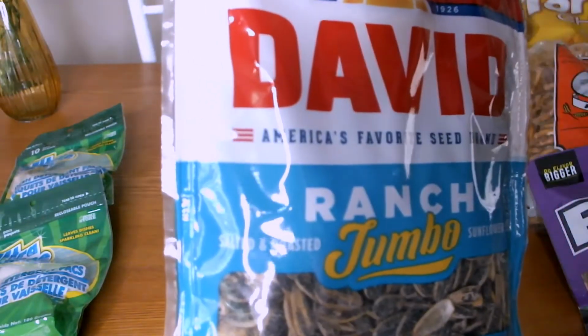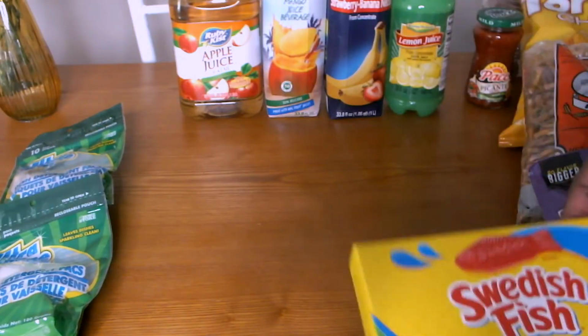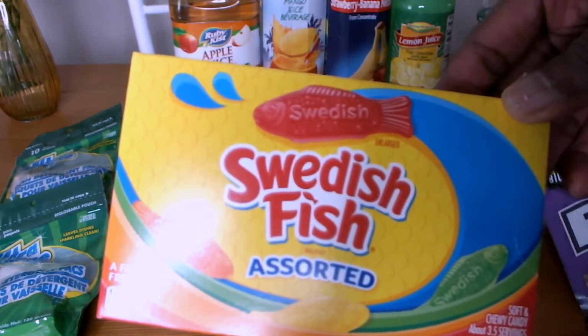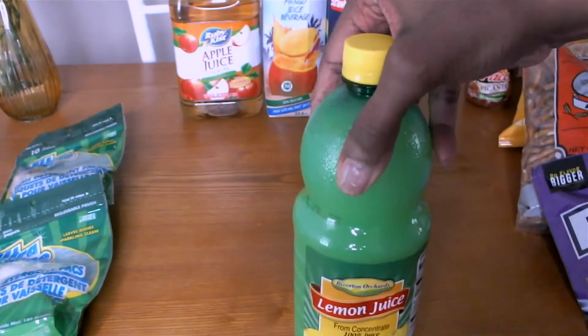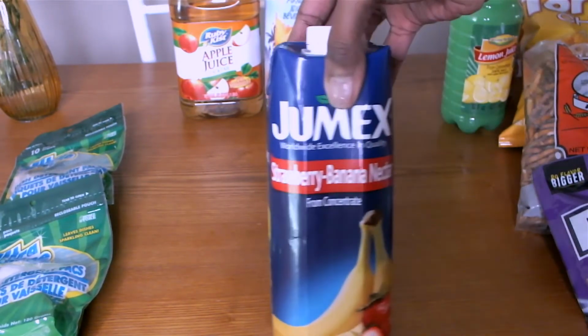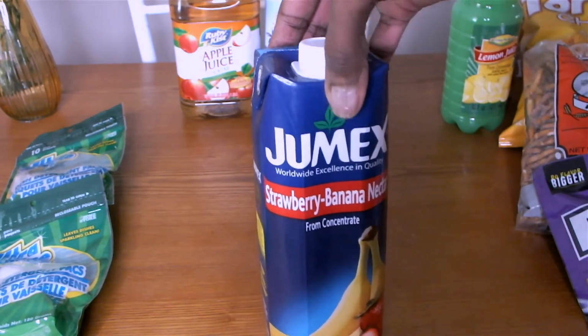I have 1 bag of ranch sunflower seeds, which is one of my daughter's favorites. For our sweet tooth, I have 2 boxes of Swedish fish. I have a bottle of lemon juice that I use for my meats and seafood. I also wanted to try this strawberry banana nectar juice,